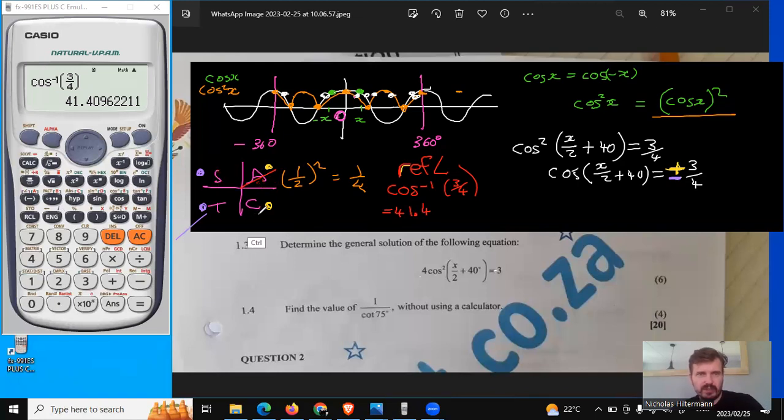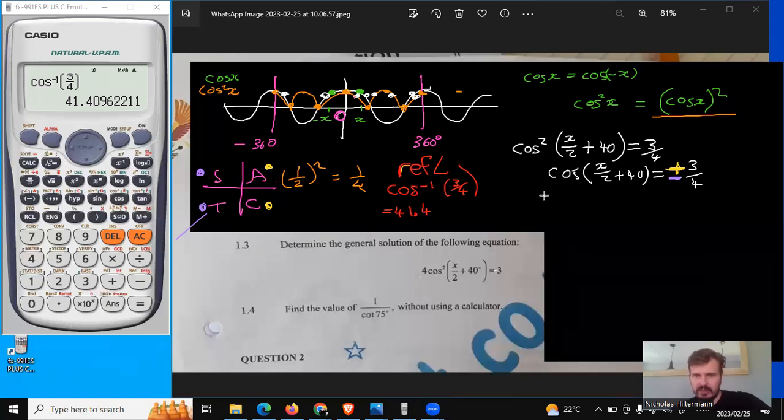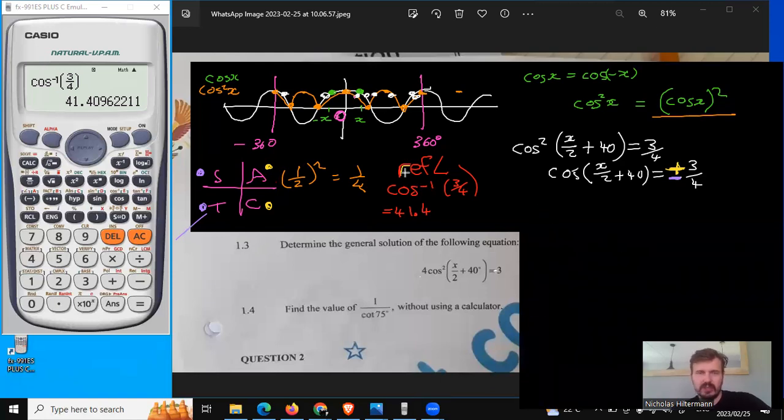So the first quadrant, let's deal with quadrant 1. I'm going to make a little bit of space here for more writing. For simplicity's sake, let's just do each quadrant individually. We'll do that in yellow because it's quadrant 1. This is going to be our first solution. In a normal situation, if this was an x, I would say x equals 41.4, but it's not. I have x over 2 plus 40 is equal to 41.4